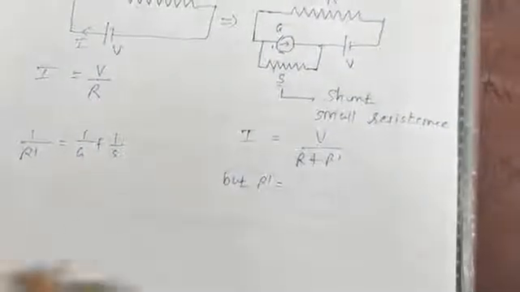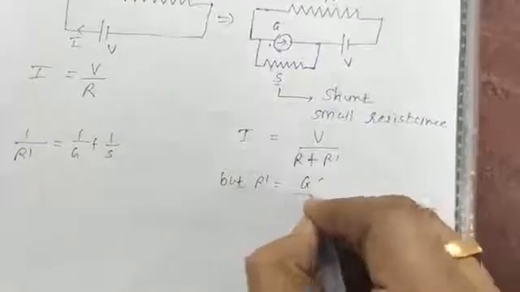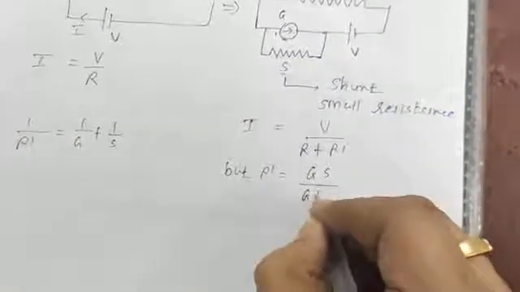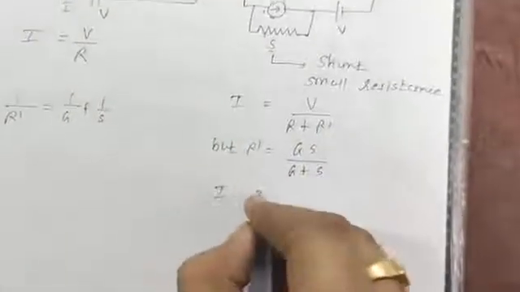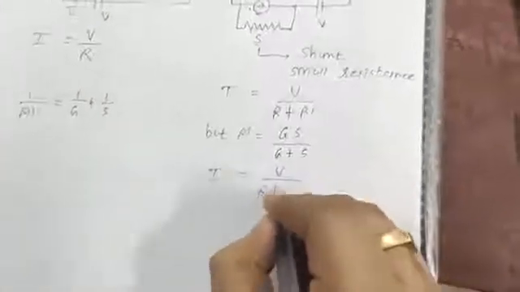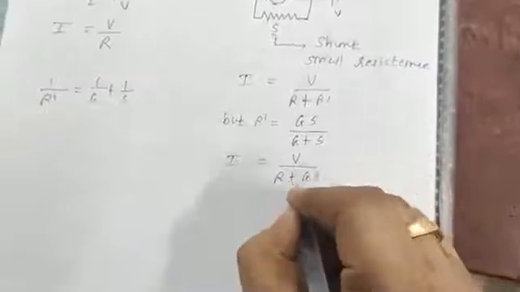Okay, so based on that, R dash is equal to GS upon G plus S. So put that value R dash here. So I is equal to V upon R plus GS upon G plus S. But